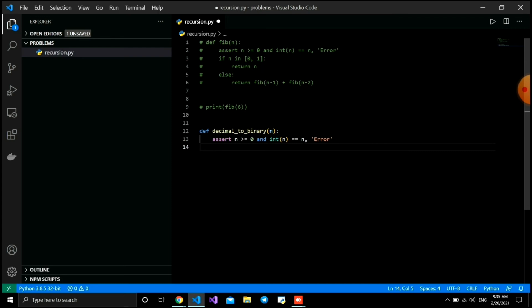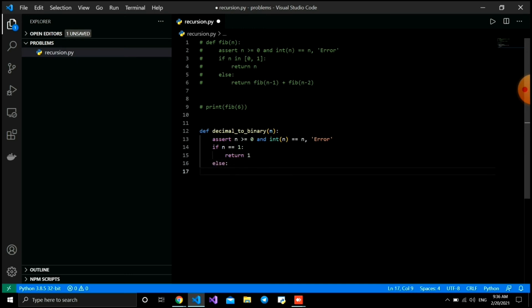After that, in the second line, we check if the number is greater than 0, a positive integer. And I'm going to check if the number equals 1. Whenever we come to 1, we must return 1, because when 1 is divided by 2 the quotient will be 0. Therefore here I'm going to write: if n equals 1, return 1. Else,